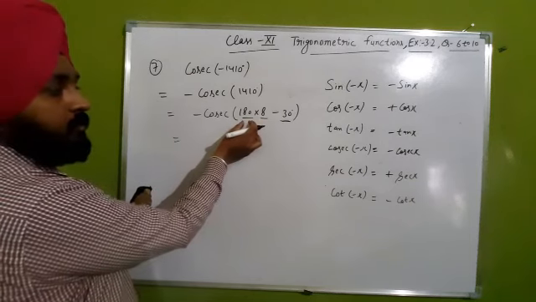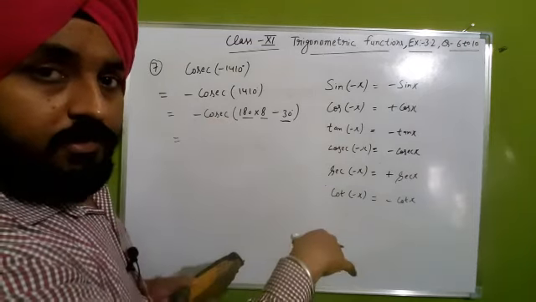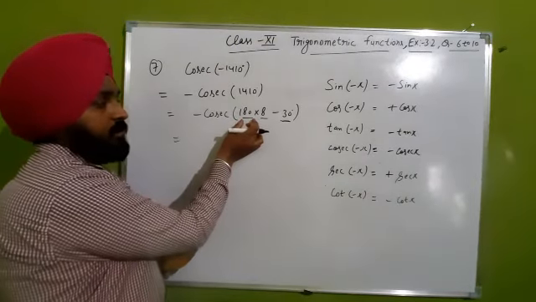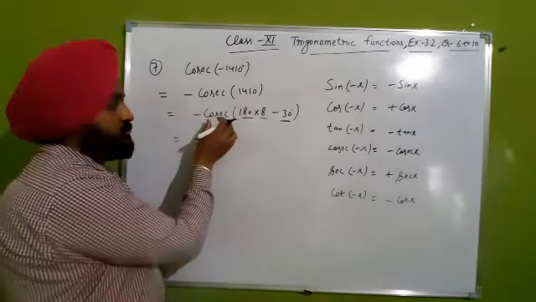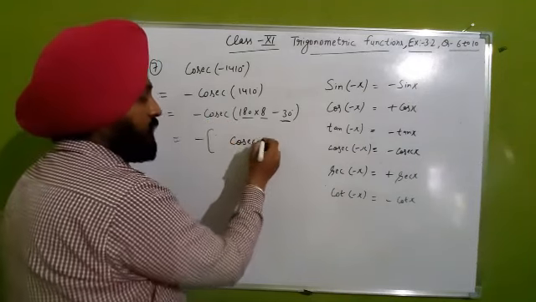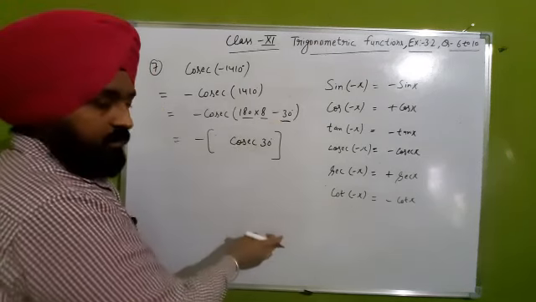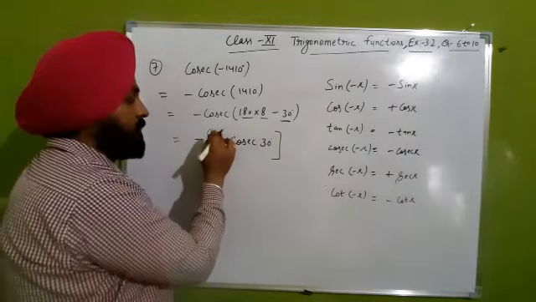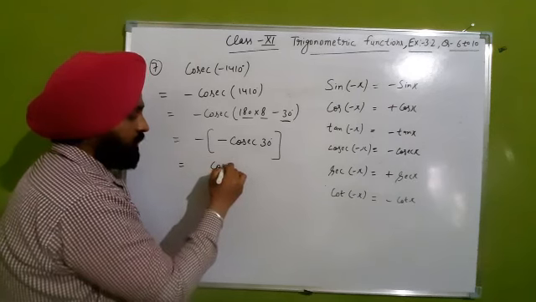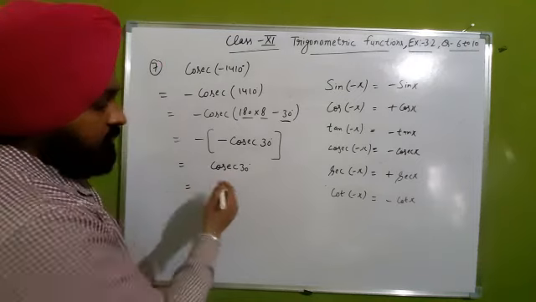But before that, you have to check it is a multiple of 180 degrees. This 8 is a multiple of 180 degrees, so will this cosecant change into secant? It will not change into secant because it is under a multiplication of 180 degrees. So this cosecant will remain cosecant as it is, cosecant 30 degrees. But because it lies in the 4th quadrant, as I explained first, it will be negative. So negative times negative gives positive cosecant 30 degrees, and the value of cosecant 30 degrees is 2.